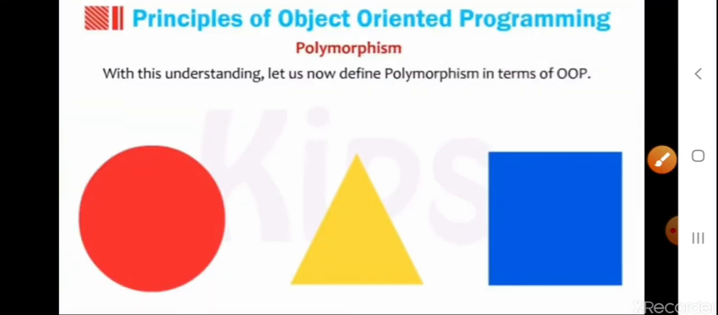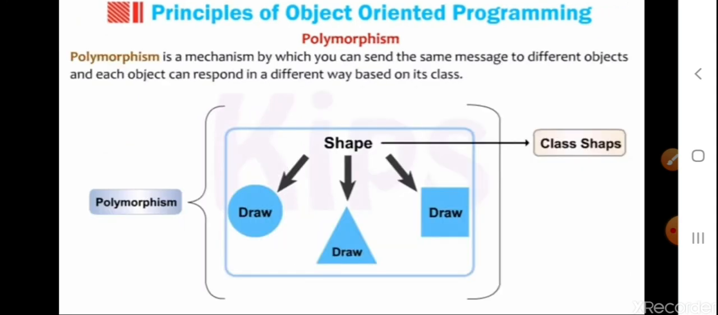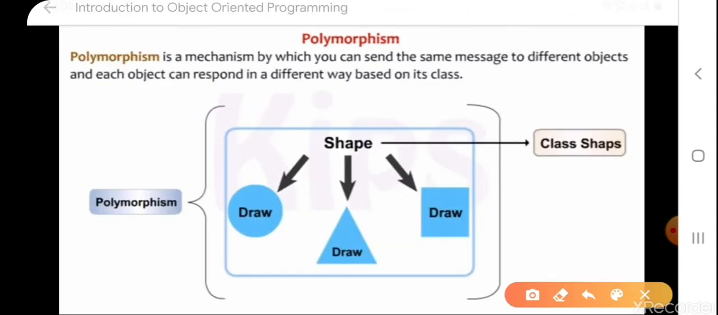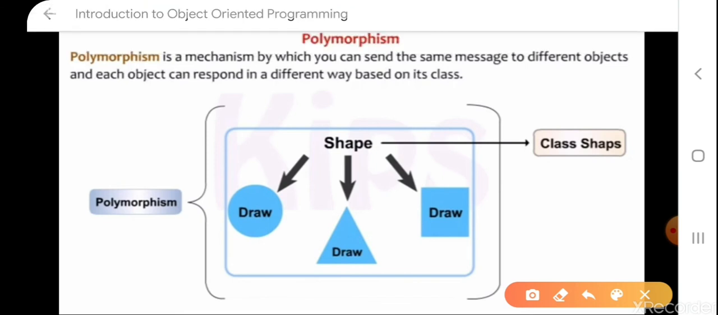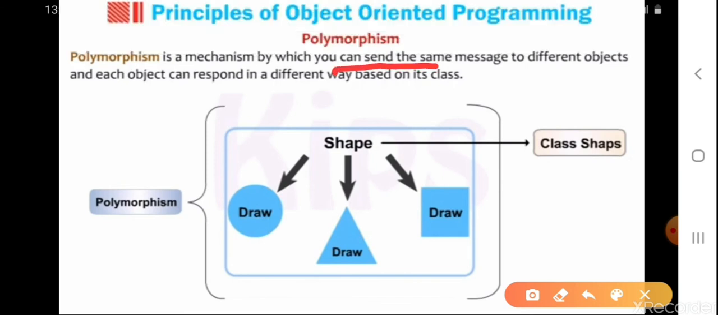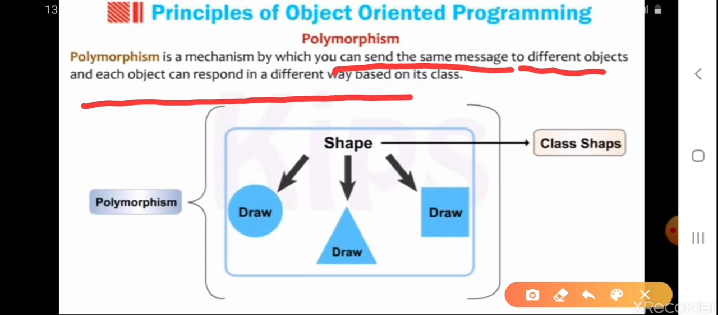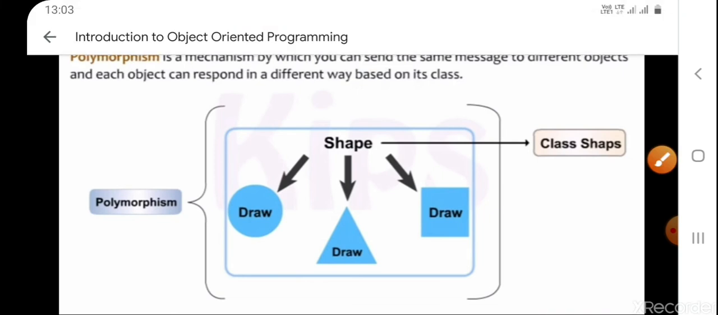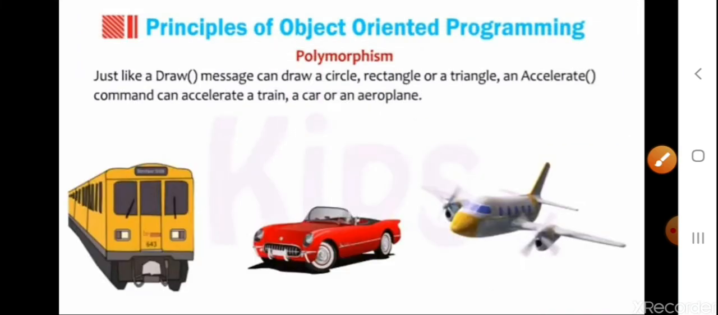With this understanding, let us now define polymorphism in terms of object oriented programming. So, polymorphism is a mechanism by which you can send the same message to different objects, and each object can respond in a different way based on its class. Just like the draw message can draw a circle, a rectangle, or a triangle,